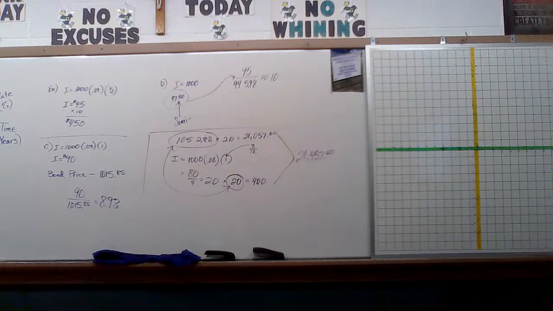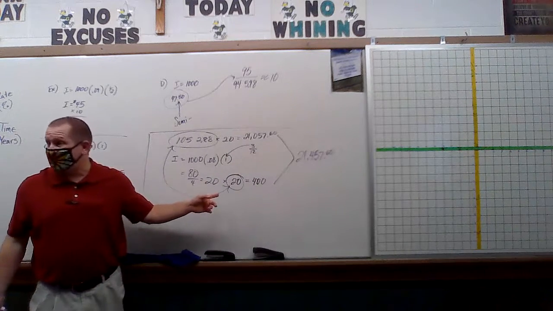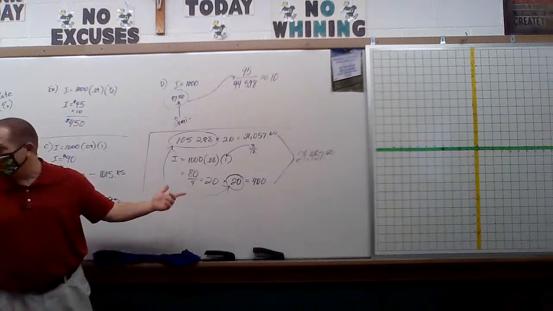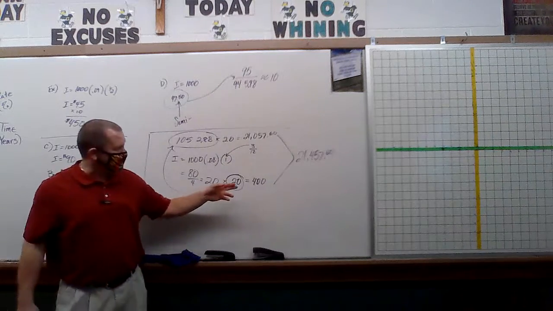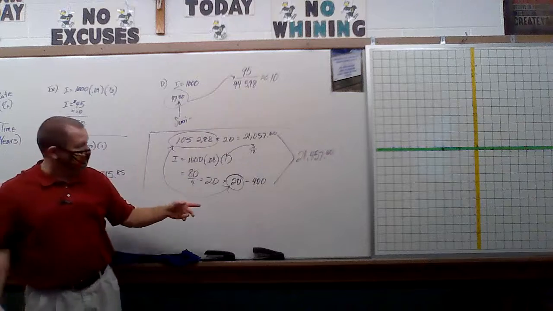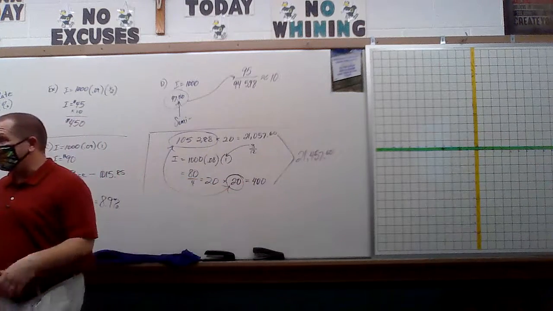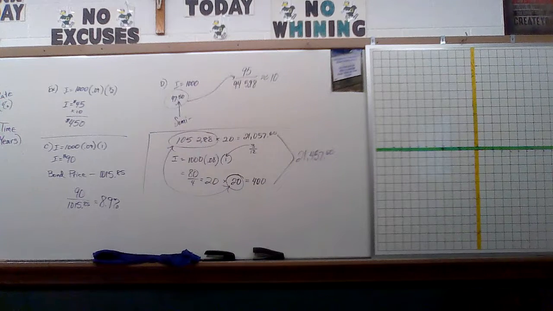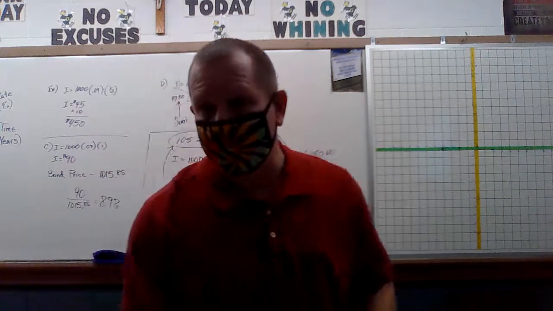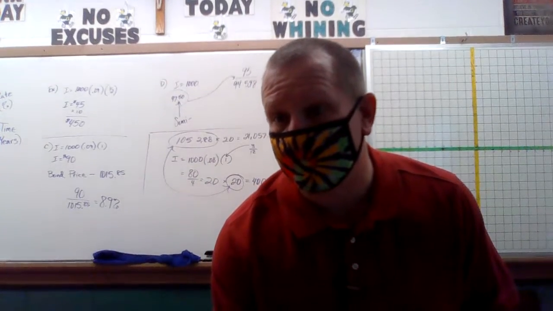Makes sense? And again, if they would have had commission, then we would have added in the commission, another $4 or something. But if it said for the whole total, then we would have taken that commission, $4 times 20, and we would have had commission for all of them. Okay? Make sense? So again, you gotta really make sure that you